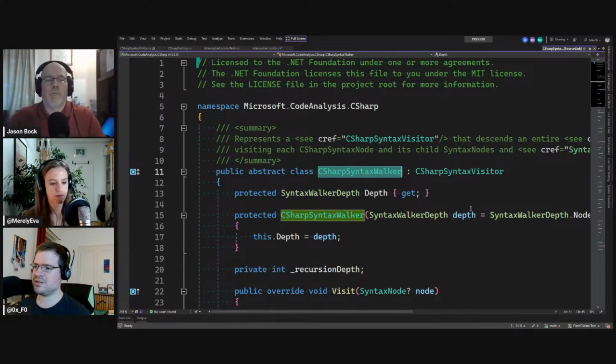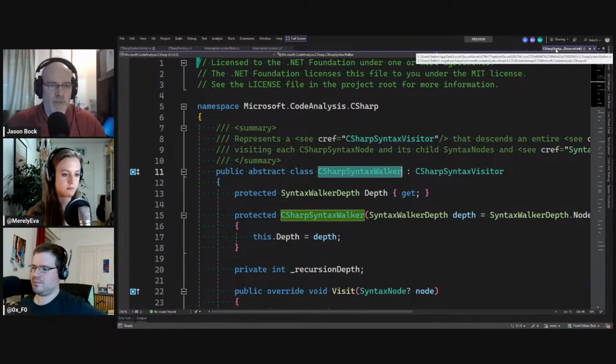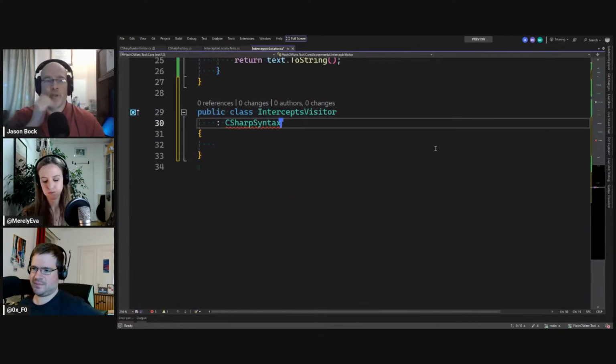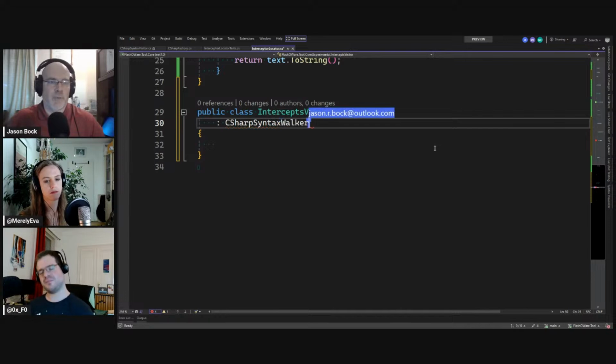I think the walker will literally walk a tree, and then it will tell you visit expression, visit statement, visit all these different things that you can override to focus specifically on what you want. Whereas there's another one, a rewriter, that I think lets you remove nodes. The walker just lets you read it, and then you can do whatever you want with it.